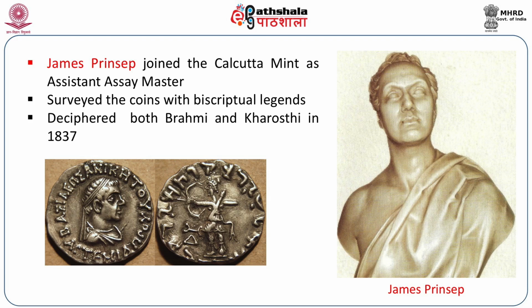This way, Prinsep could compare the data from known to unknown, and in this way he deciphered both Brahmi and Koroshti in 1837, although we have to remember that another person had also parallelly deciphered Koroshti, as Richard Solomon has